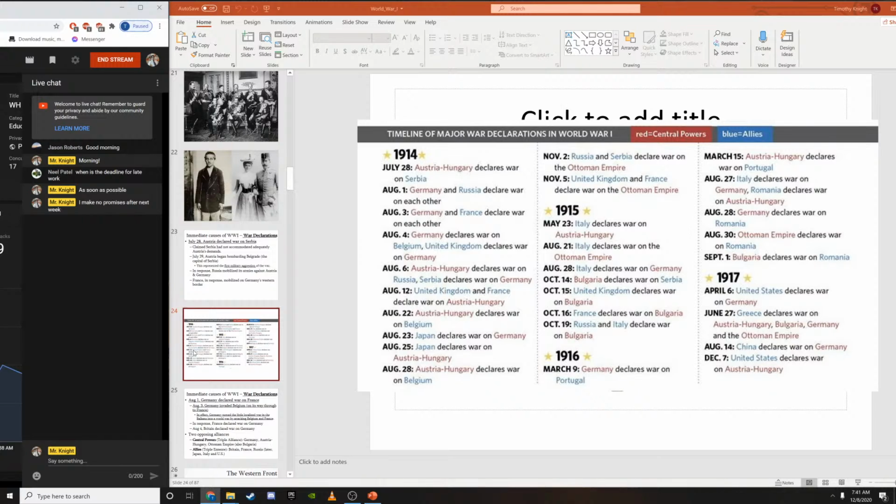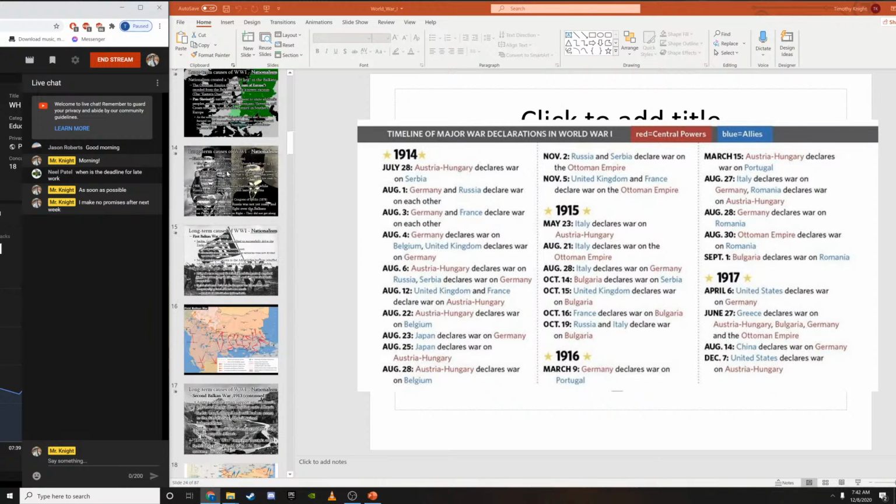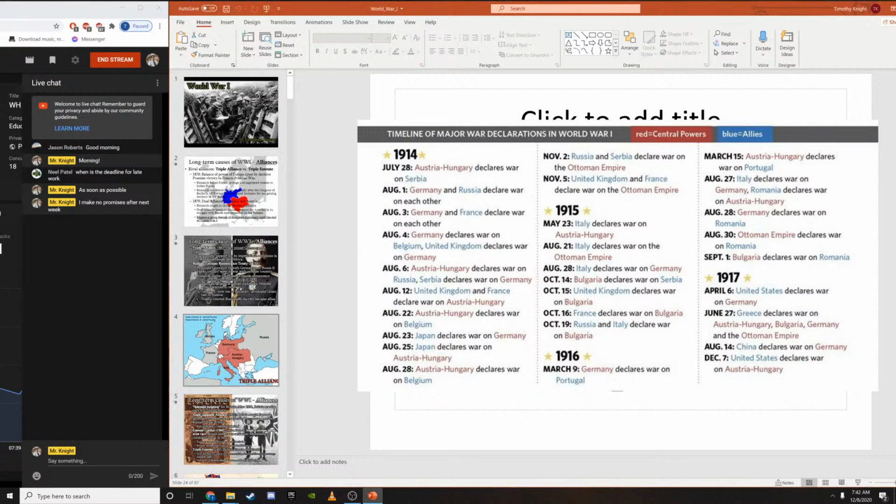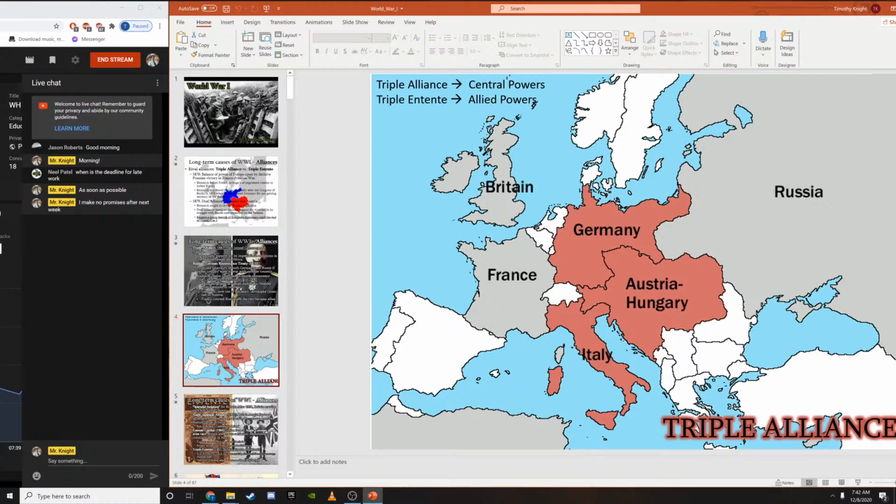We are going to continue our discussion today of World War I, and I have a number of different things to talk about. I'm starting here looking at the timeline of major war declarations in World War I. I'd like to take a minute to remind you that in the beginning, when these alliances were made, they had different names. You might remember that the Triple Alliance and the Triple Entente were the two major alliance formations in Europe. However, when the war begins,